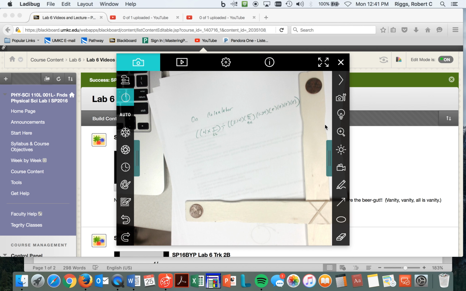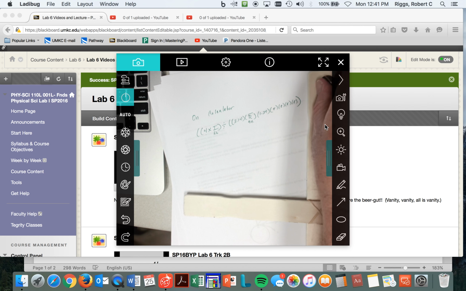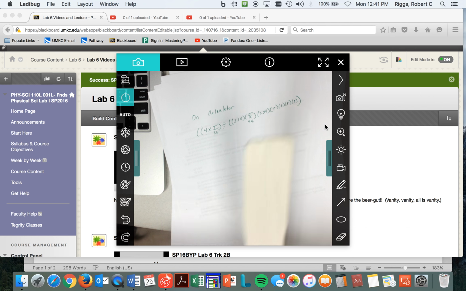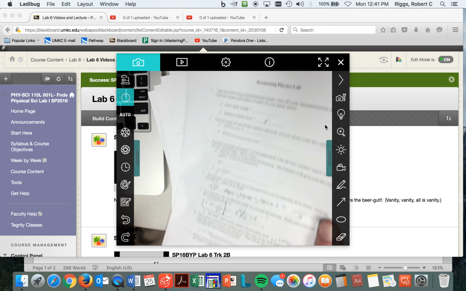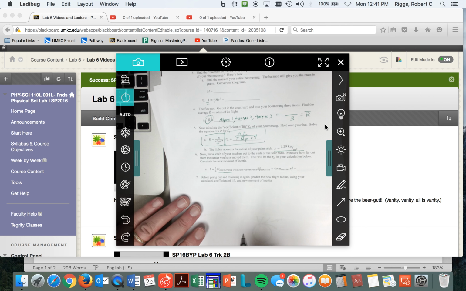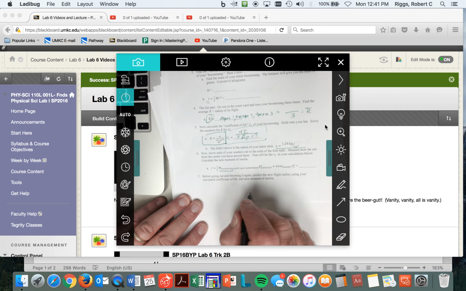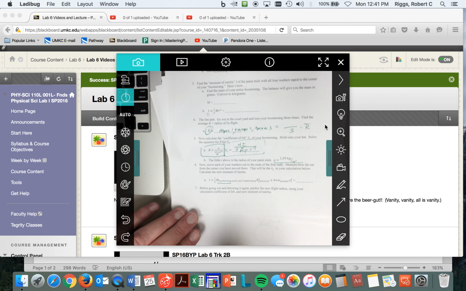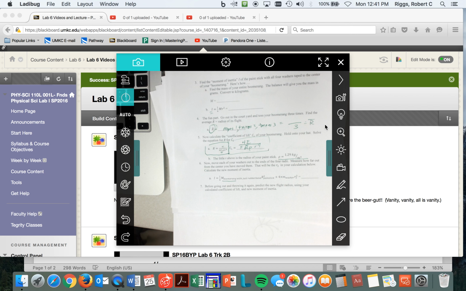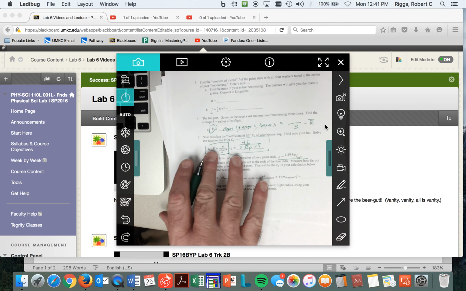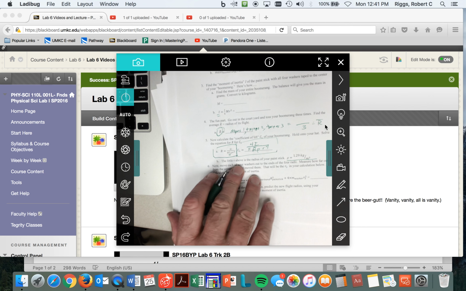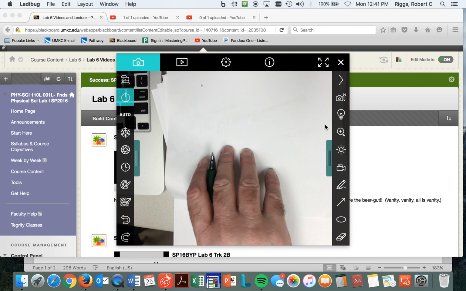0.155 meters. All right, and then that's a new I that I calculate. So that's a new I that I'd have to calculate, and here it is. It would be, if we're going out, predict the new flight radius using your calculated coefficient of lift and new moment of inertia. So we're going to find a new I. All right, so on problem 6, part 6,